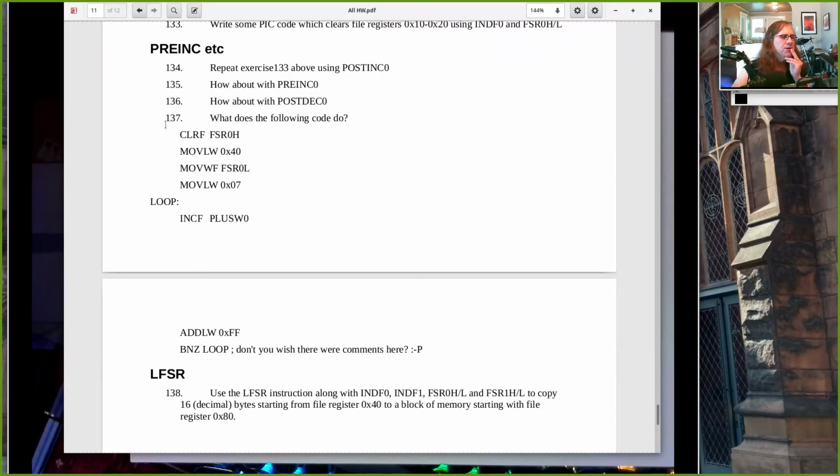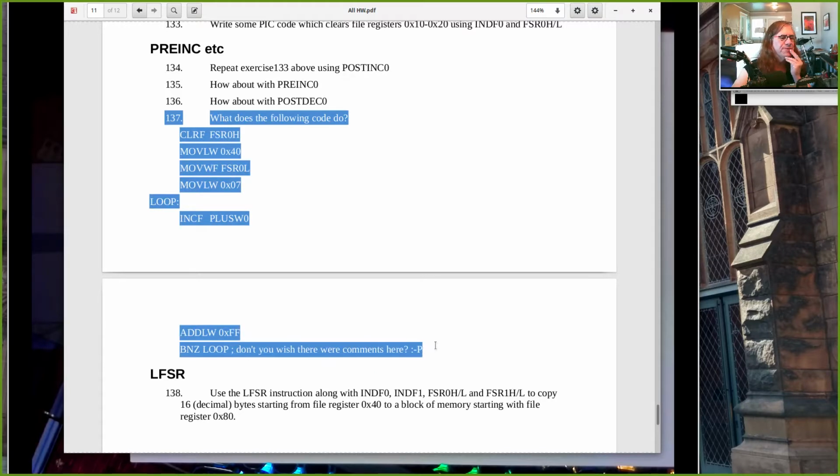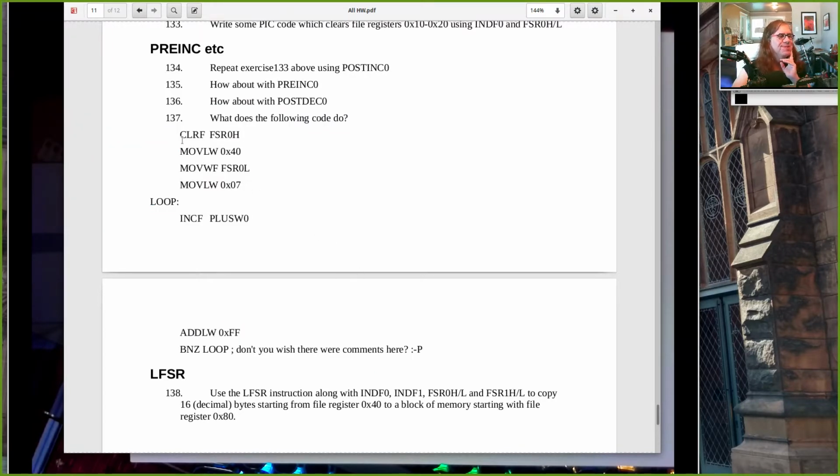So what does this code do? This program for 137? Actually, I don't remember. So what goes on in this code? I remember that it was going to increment infinitely. So if you move hex 40 into the main register, and then you move that to the lower indirect register, FSR 0, and then you move 7 into the register, you increment